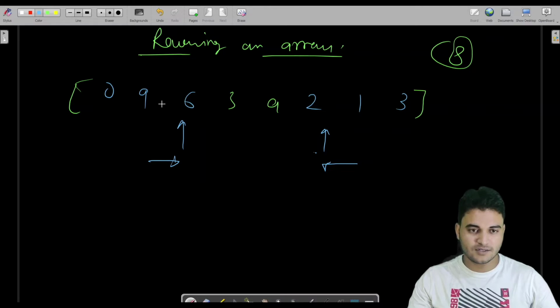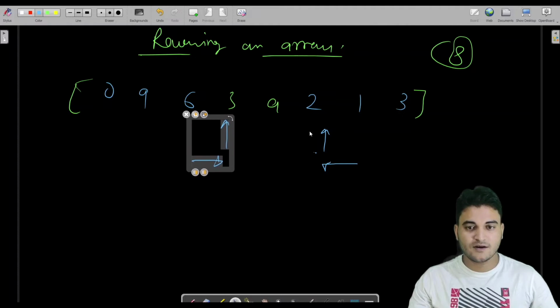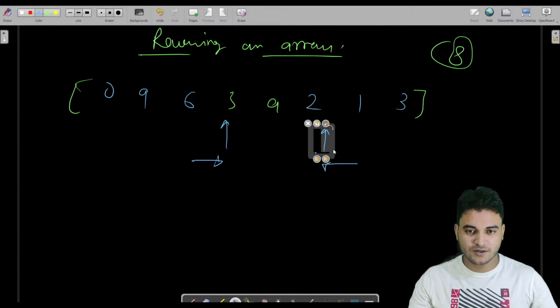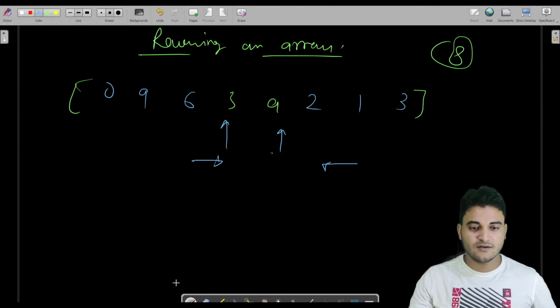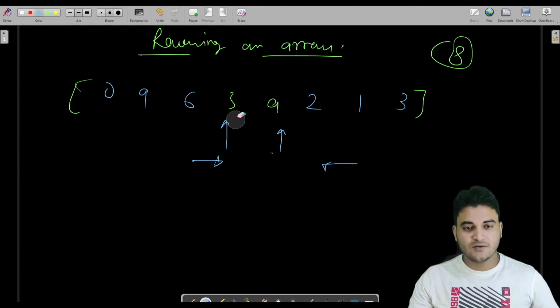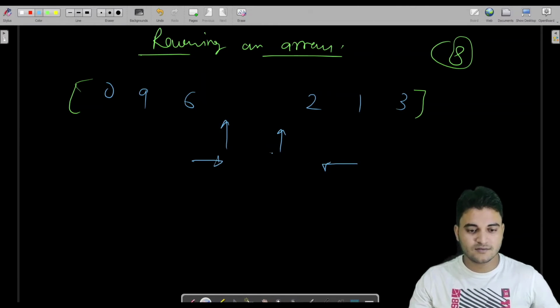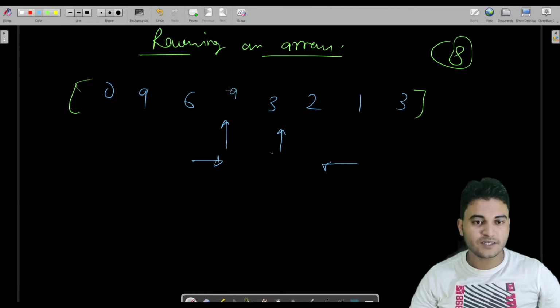So 2 and 6. Now this pointer would be increased and this would also be decreased. Now we are at the last iteration. So we have to swap these values. Here we would write 9 and 3. So we have swapped these values.